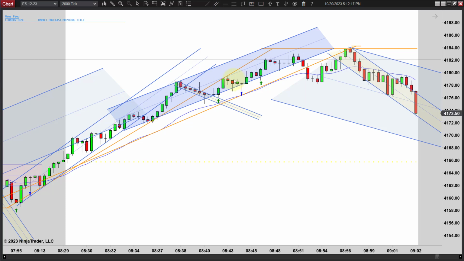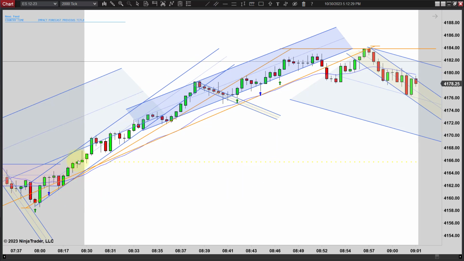Now, normally I'd say, hey, you don't have enough room to get out here probably. I didn't measure it. Let's just see how close we are. I mean, it's only like a point. But once you realize, look at all the little bars, all the dojis. Look how the corrections are mostly sideways. That's the biggest correction, and it's not very big. Very mild corrections that mostly only go sideways, and lots of dojis and stems. That's a strong trend. So once you realize this is a strong trend, take that second entry, and then if it keeps on giving you that strong trend, every good signal bar that comes back to the trend line, take it.